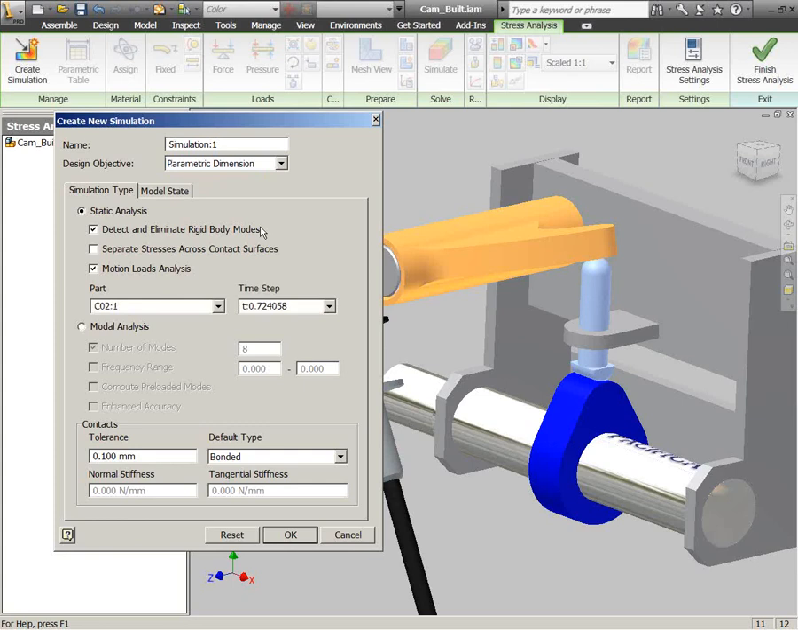So for my static analysis here, I'm going to set this up as a motion loads analysis, and you'll notice that it knows which part and which time step to look at. If I had multiple parts or multiple time steps, I could select which one of those I was going to look at this moment as well. But right now what I'm going to do is just grab that one time step that we pulled from the